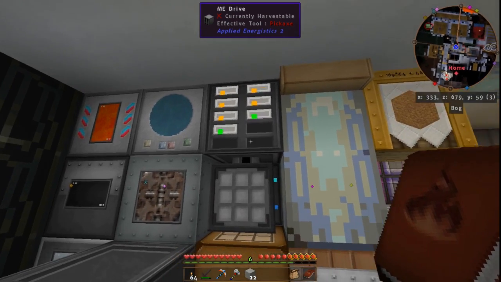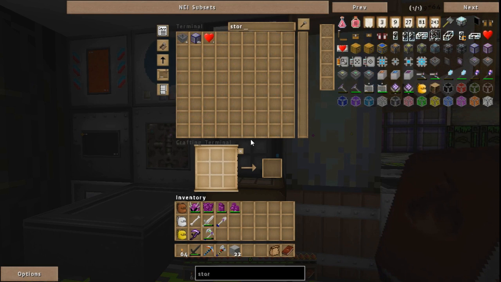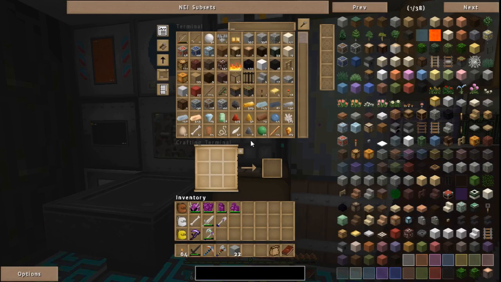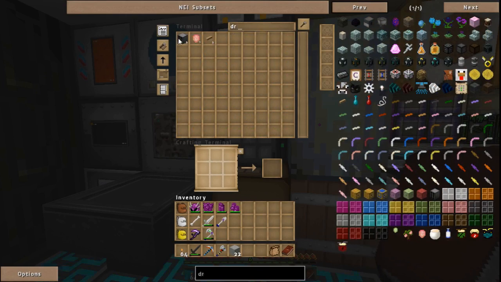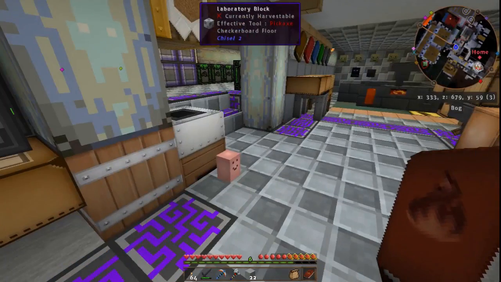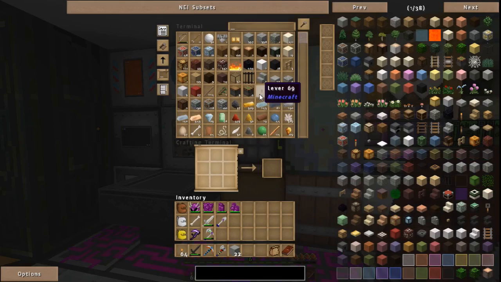But I've got 3 extra bays here, and if we look, I happen to have some storage housings. So I've got 6 of those. I think I've got, what's that called? ME drive. I've got 3 other drives, and if you remember, those were in all of this stuff that was down in the room down there. So what I need to do in order to make the